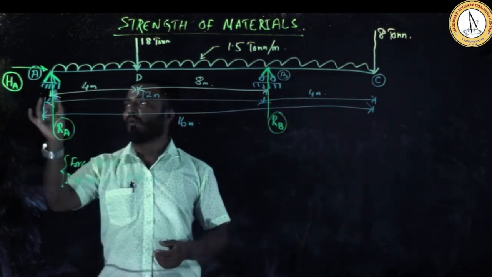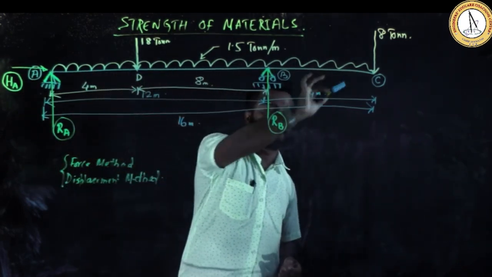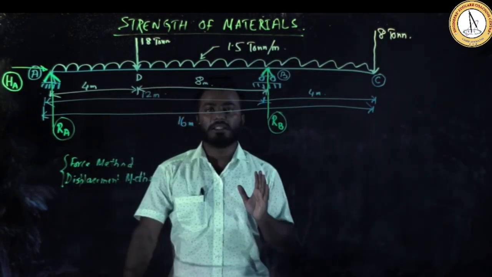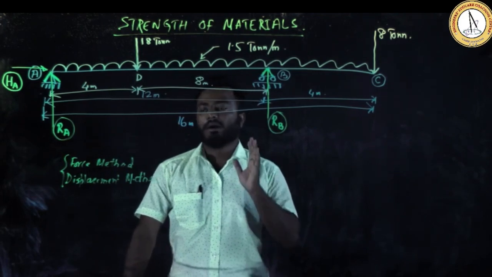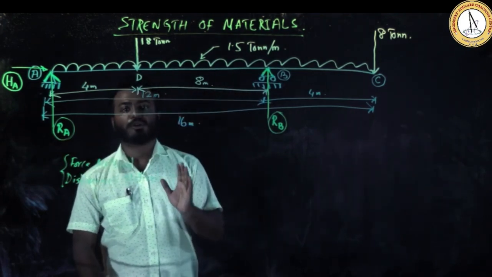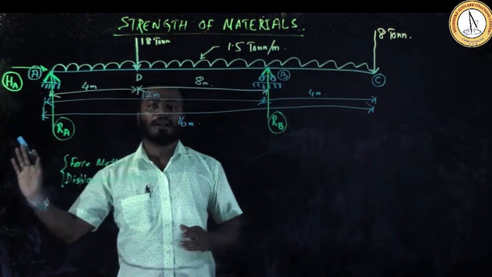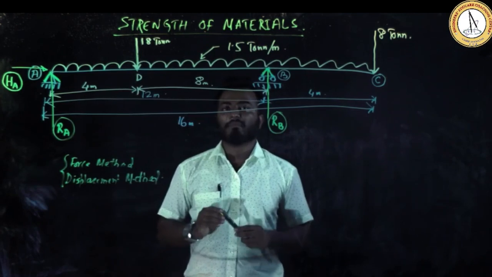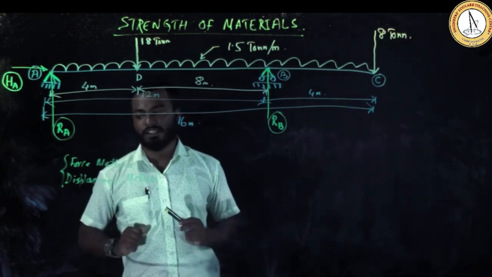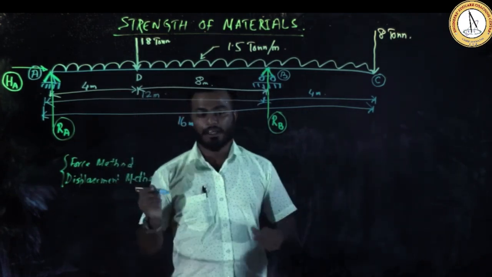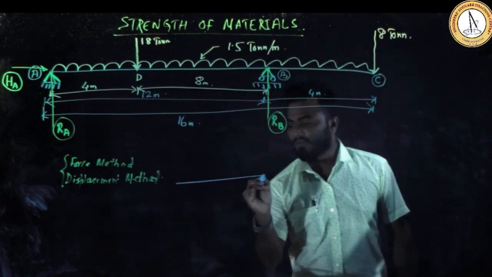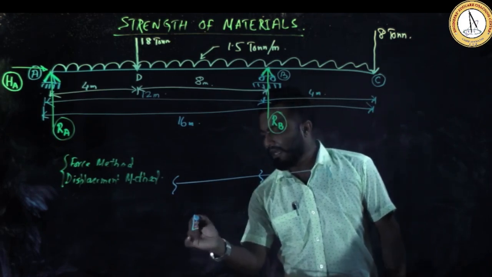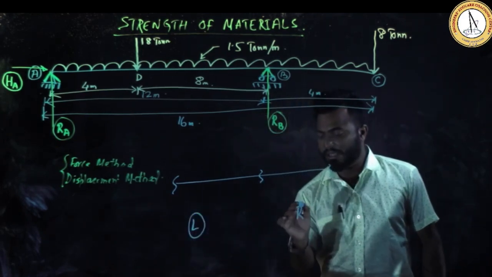Now we need to convert that force value into a length unit to draw the SFD. But that is not mandatory to have a scale. Or by eye approximation also, you can convert these forces into length unit. But while you start to draw the SFD, you need to follow some sign convention. Now what is that sign convention? Look at here. So this is one standard beam. I am dividing that beam into left side and right side.